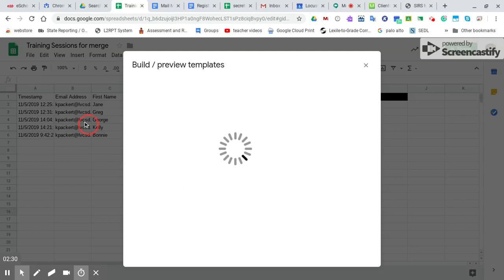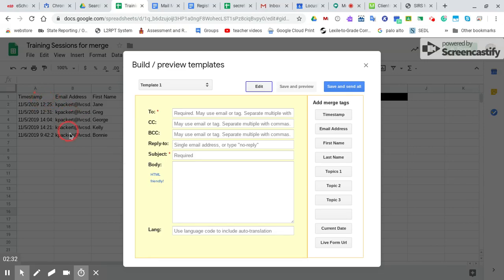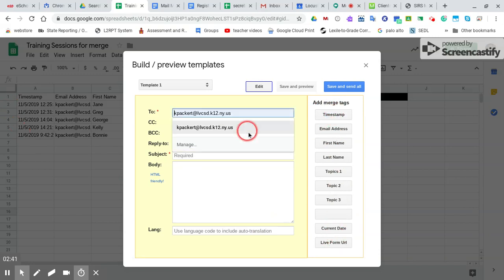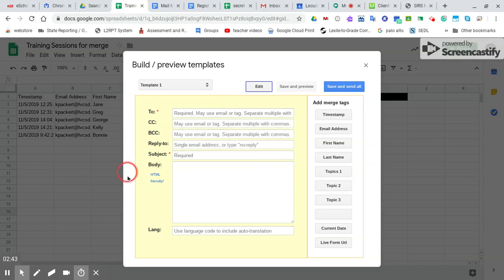And you're going to see every column header in our spreadsheet is going to become a tag. It looks at those and gives you the ability to tag them. So this is how we're going to build our email. It's a pretty basic email editor, but in the to field, I'm going to use whatever is in the email address column. And just by clicking that, it puts that in there. I know that the mail merge in Microsoft works very similarly, where they tell you all the things that you can add. On the subject, you're just going to freeform this,